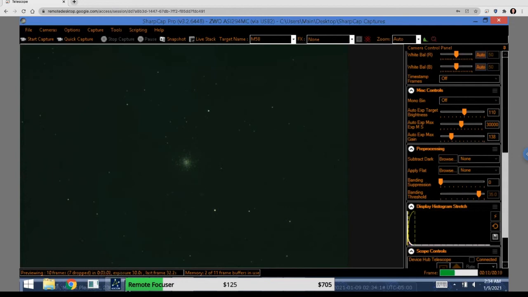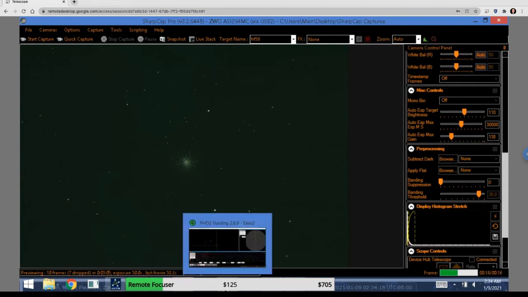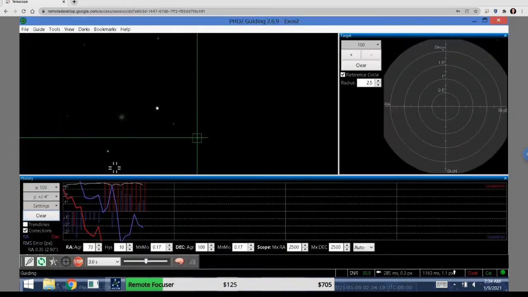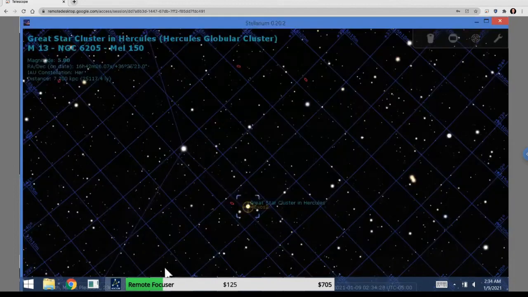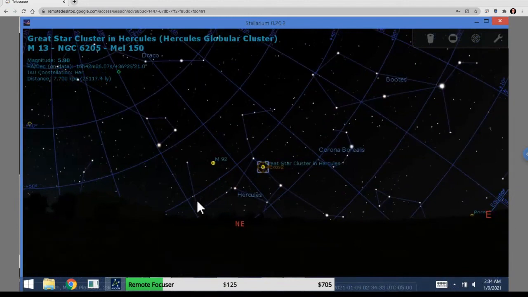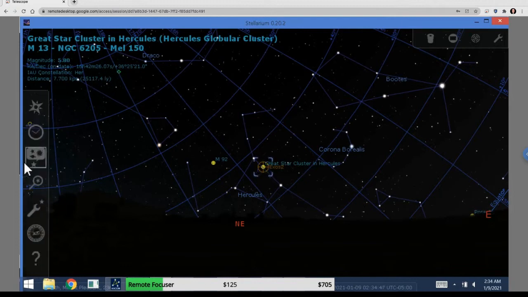Now, our last target for the night, and it will be the last target of the night, because as you appropriately mentioned, it is 2:30 in the morning here. I'm going to stop our guide there for a minute. Distance to Hercules, 7,700 kiloparsecs, 25,117.4 light years. Let's go find M51 here,